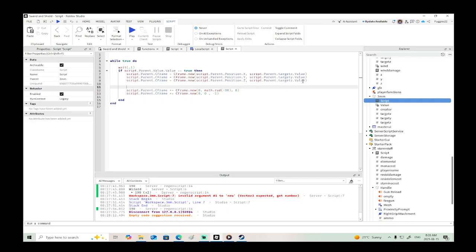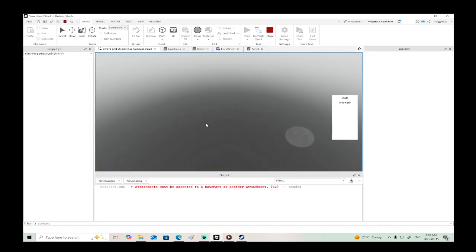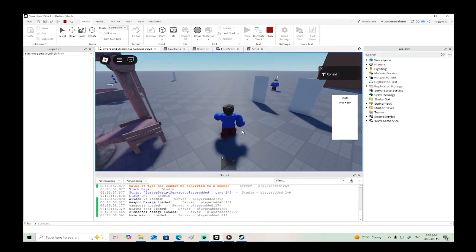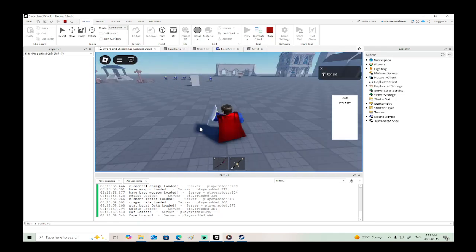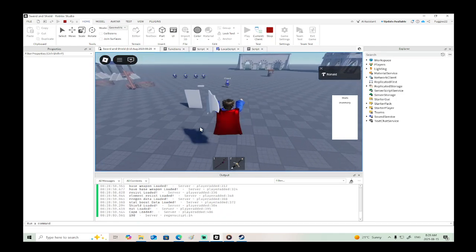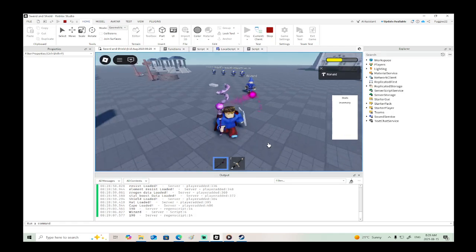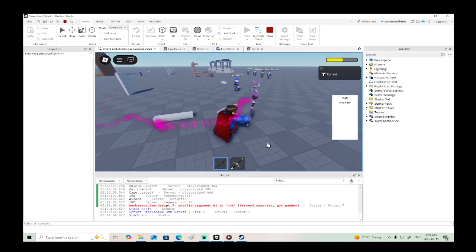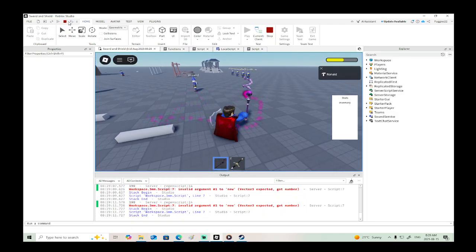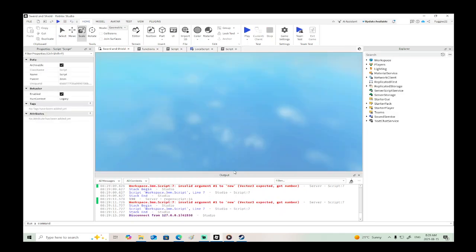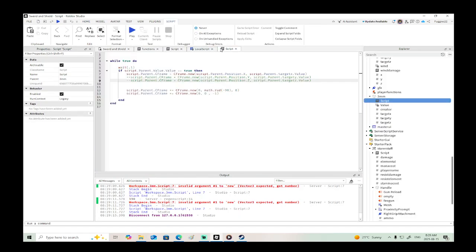Or if we could just pick a single position. Perhaps we don't need all three. I guess we could just